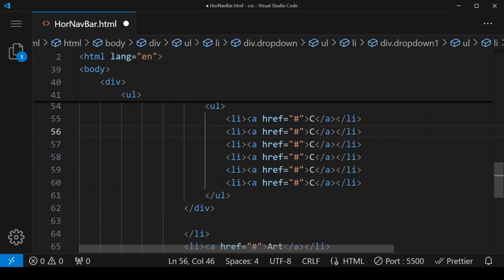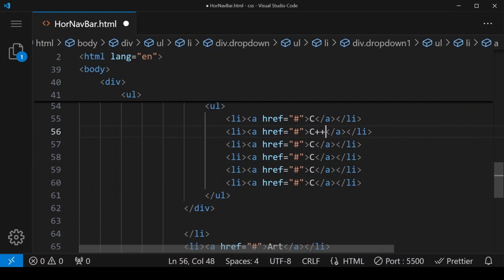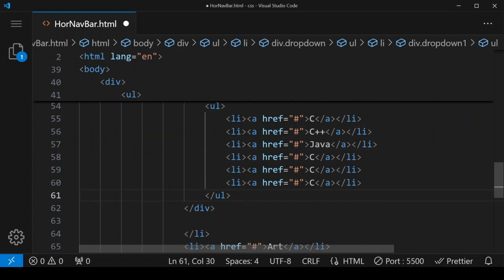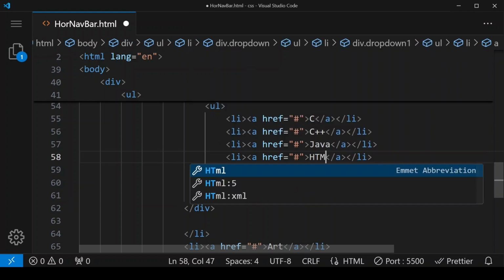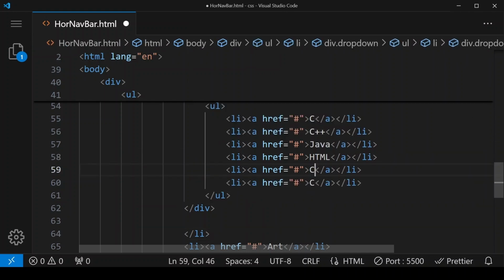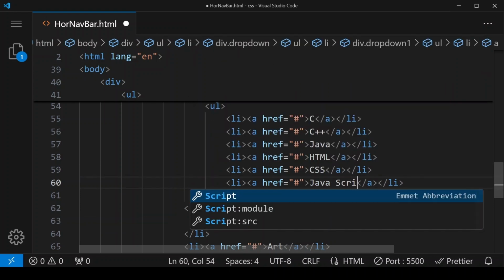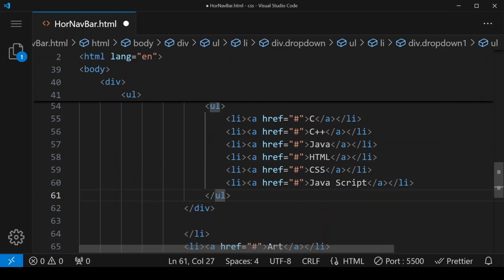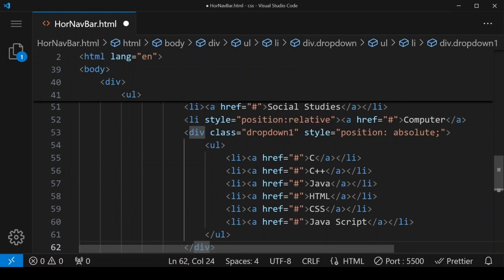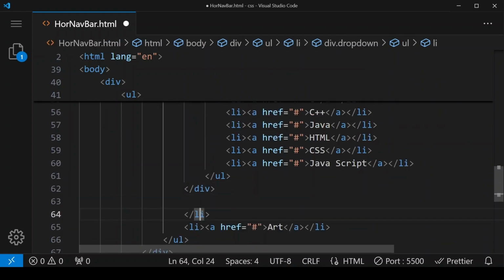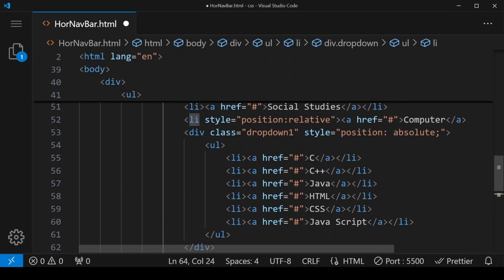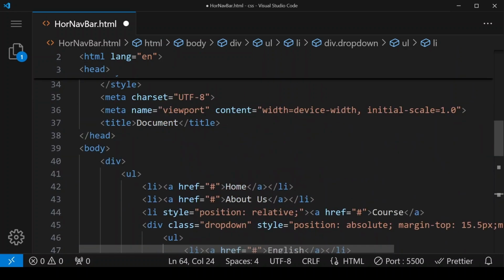I will change it to C plus plus plus. Last is JavaScript. Here this UL is closed, this div is closed, and in the last this li is closed, which is related to this computer. Now what we have to do in head section,